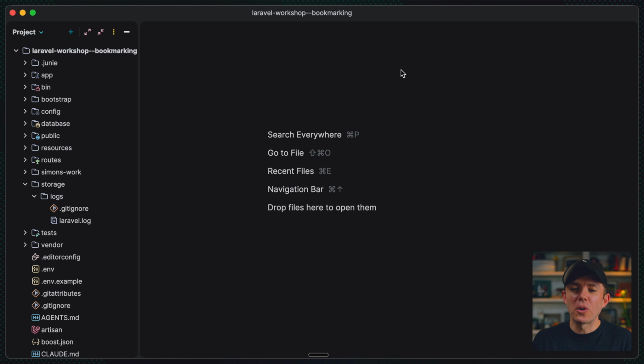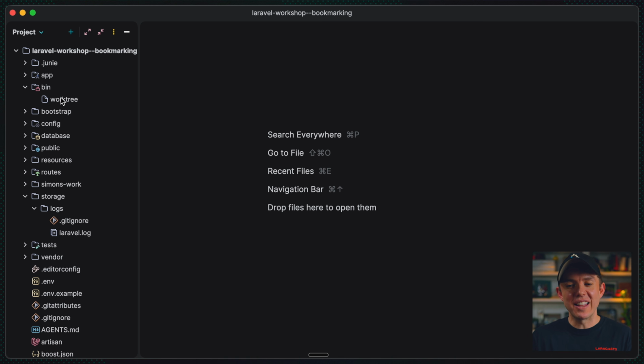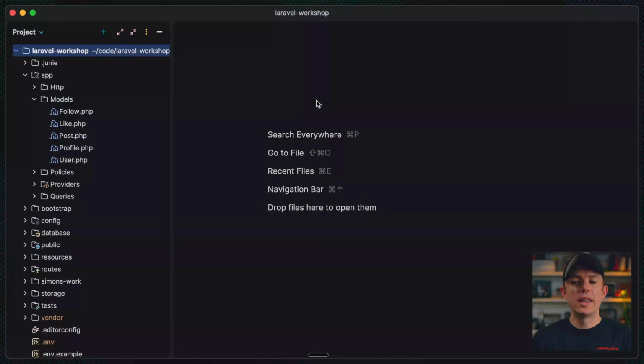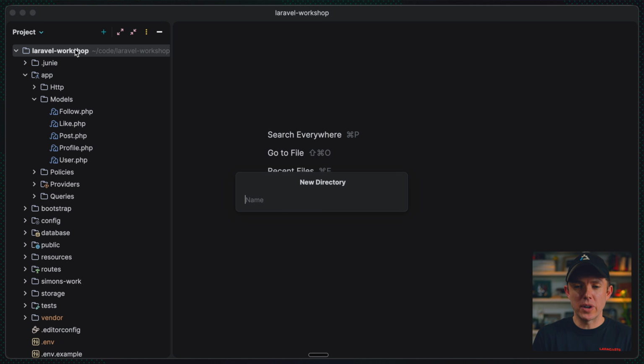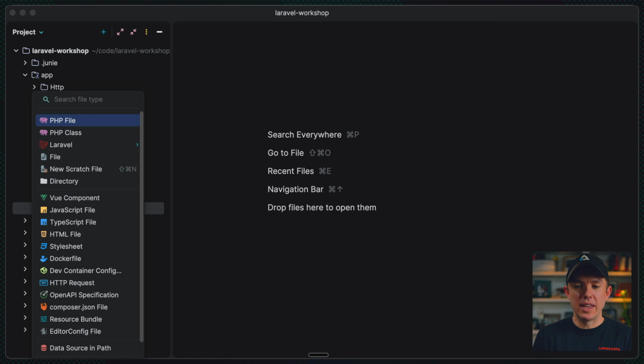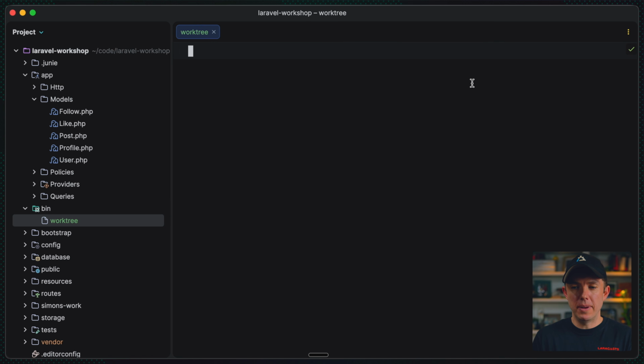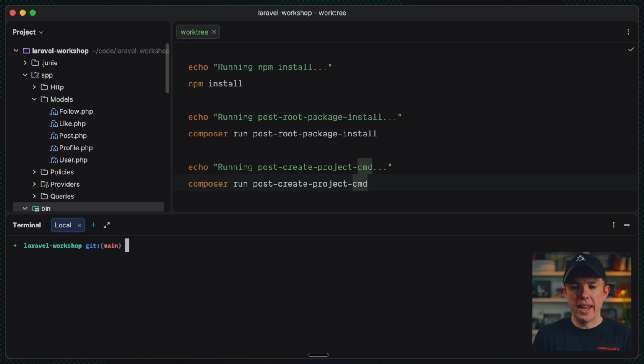Now, in this case, we're already within a work tree, which I don't love. Okay, let's do this real quick. Let's grab work tree, and I'm going to switch back to my main project to simulate us starting from scratch. Here we go. All right, sorry about that. So very quickly, let's add a bin directory, and then within there, we'll add a file called worktree, and then I'll paste that in. Okay, now very quickly, we would commit that. And now we should, after I set the permissions,